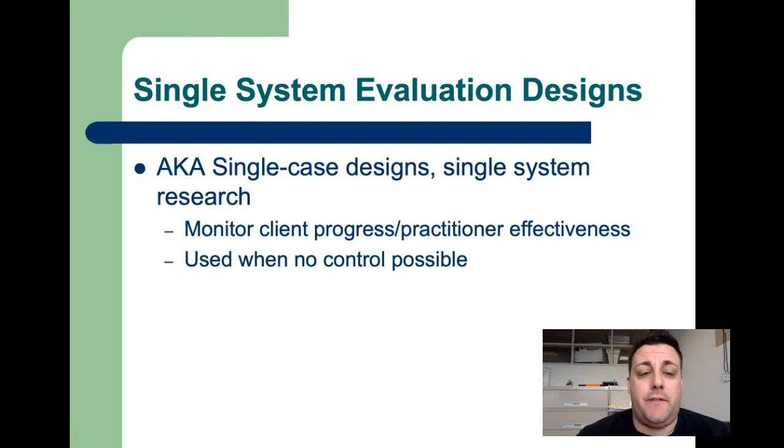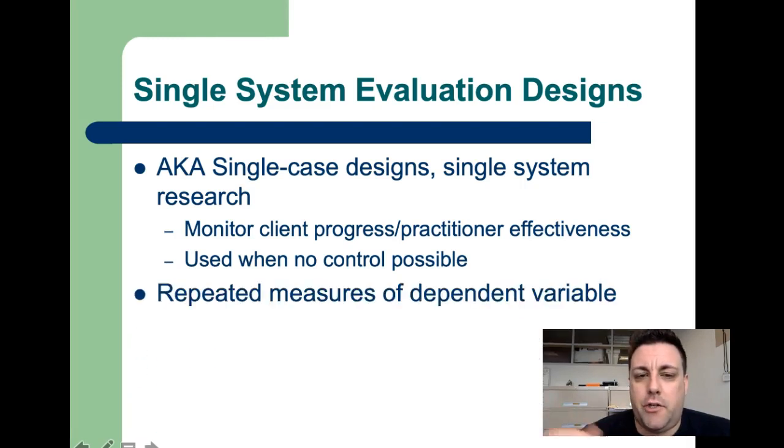Remember, in a single system design, there's only ever one client, or only ever one client system. Most often, that's a single person, but there are certainly times when that client system could be a dyad or a couple or a family or even a community or an organization or something like that. The hallmark of the single system design is that there's really no control. So there's no intervention control group, and we're going to come back to this in a second when we talk